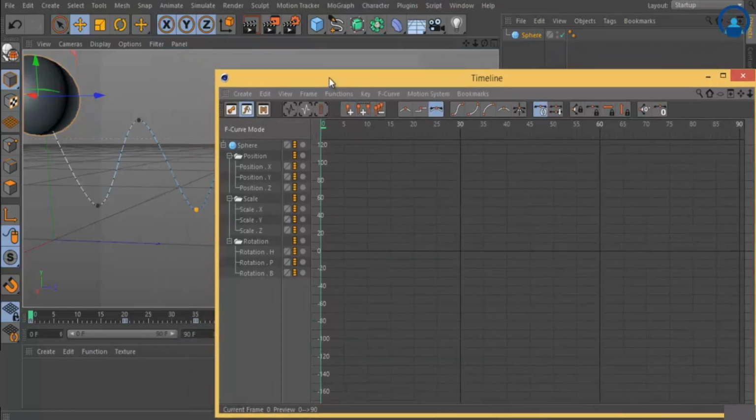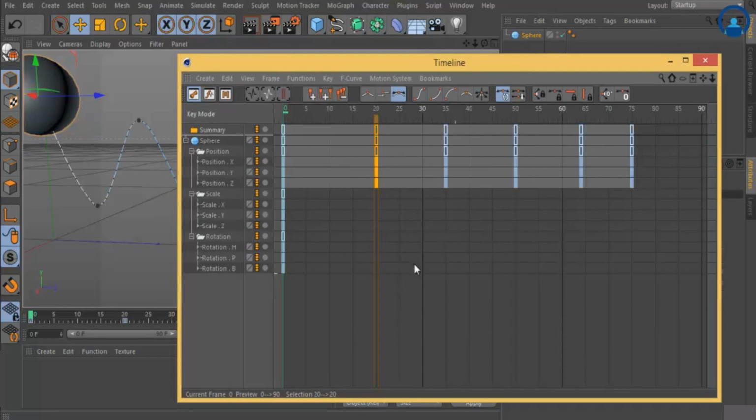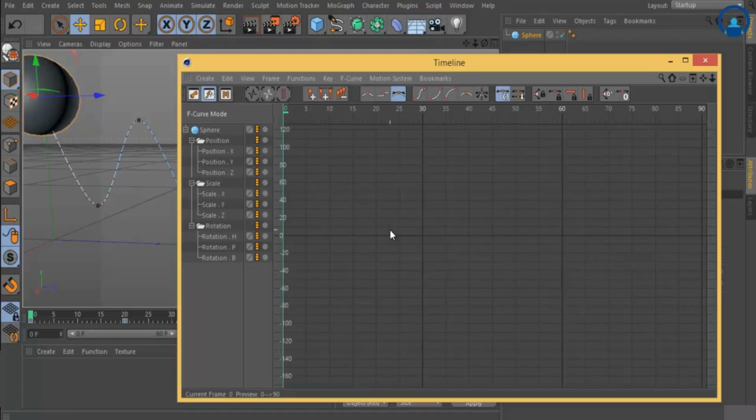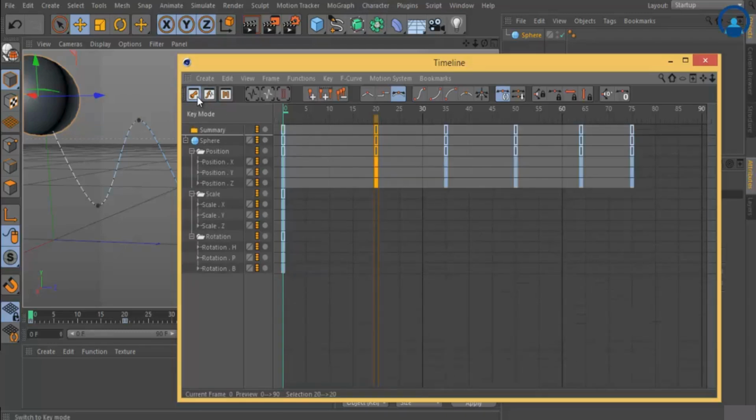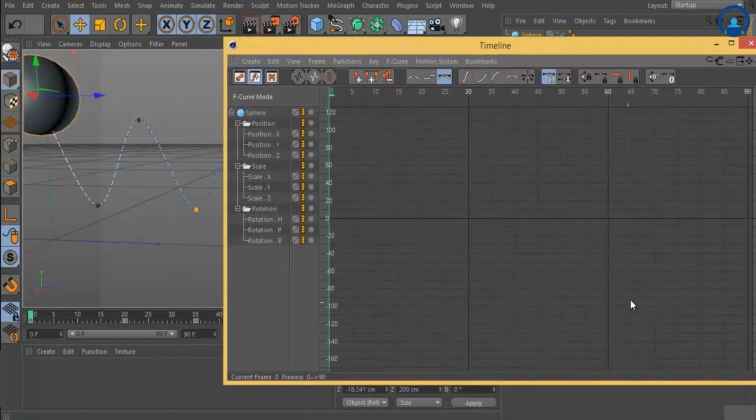Here you can see the F-curve property. Anytime you can press spacebar to jump from key mode to F-curve mode easily, or you can click on the small icons to jump to different modes. In F-curve mode, I want to see the properties over here.